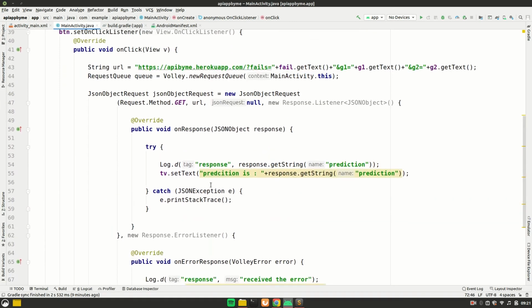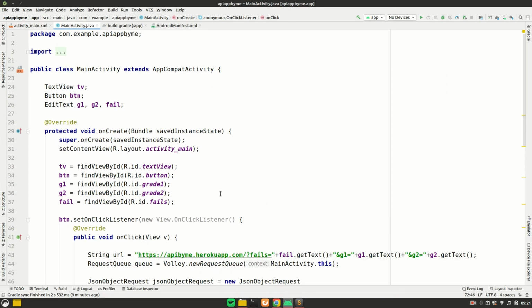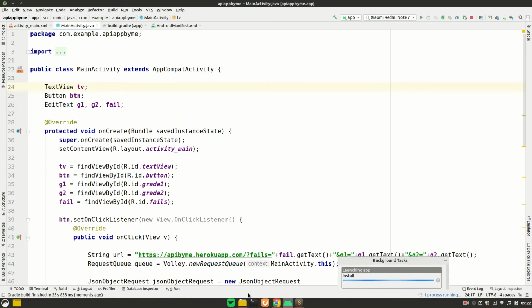Let's quickly run our app onto our device. I'll just connect my device now. You can run your app on your physical device or your virtual emulator. I am assuming that you know about it, so I'll just connect my device. Make sure USB debugging is enabled. It will ask you to authenticate, so I'll hit OK. It will show up over here. Now I'll hit the run button, which is the play button right next to your phone name. The app is now installing. Now it will ask you to install the app on your device. I'll hit install. Now it's launching the app.